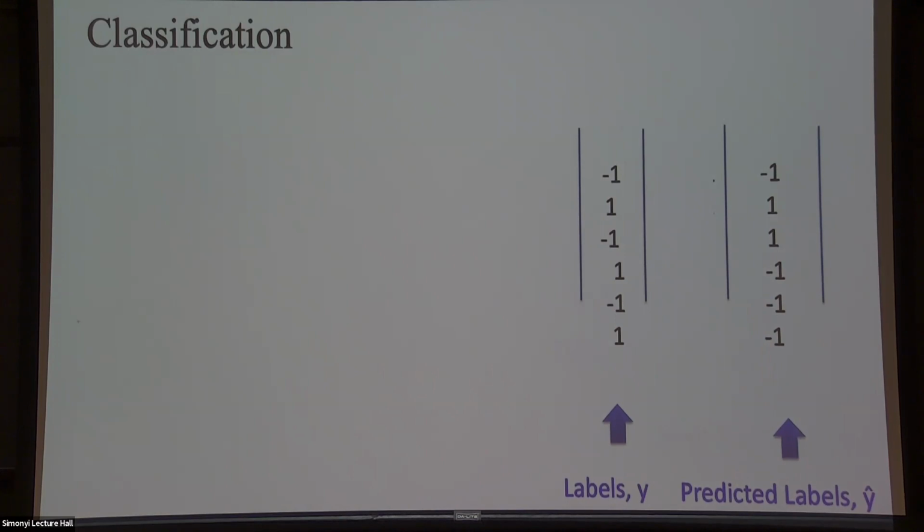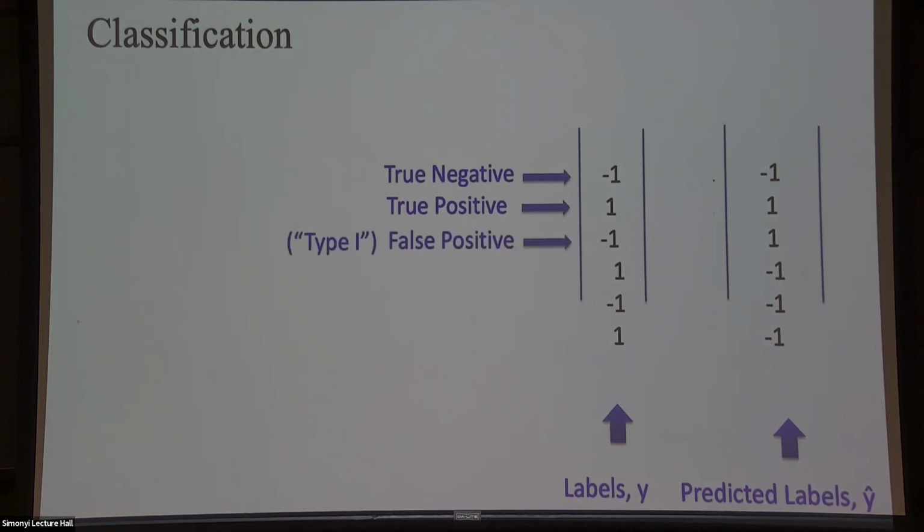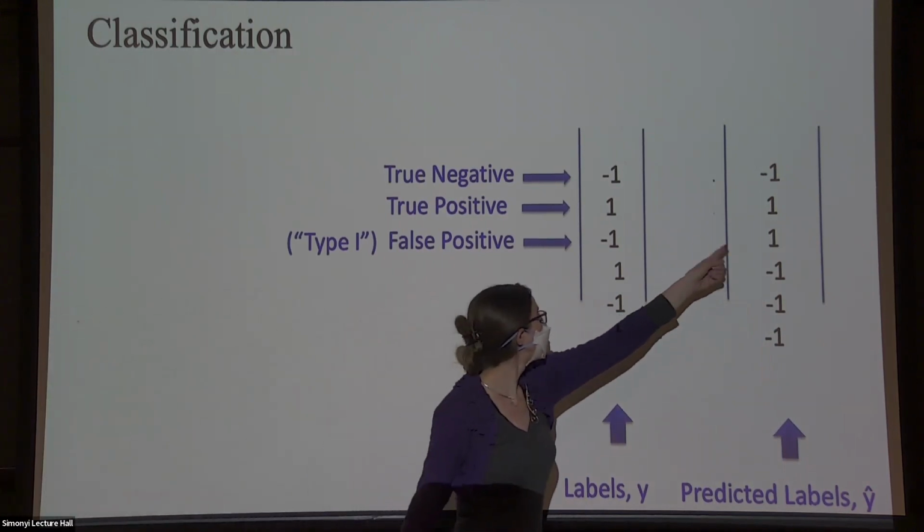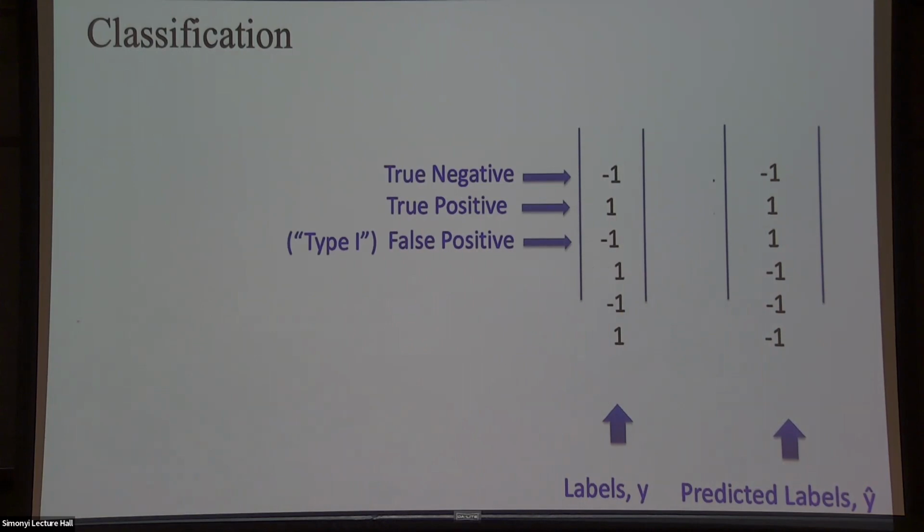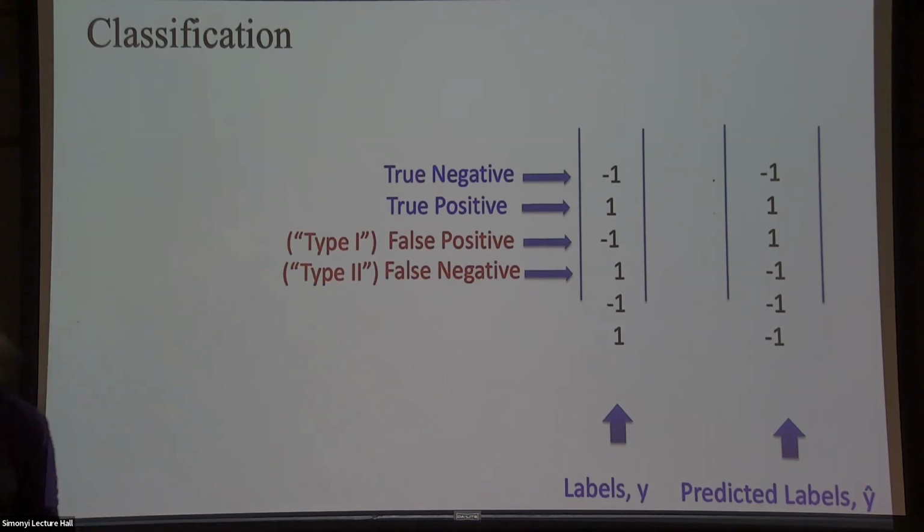And I want to point out that this is what's called a true positive, because you predicted that it was positive and it actually is. This is called a true negative, because you predicted it was negative and it actually was. This is called a false positive, or a type 1 error, because you predicted that it was positive, but it is not. And then this is called a type 2 error, or a false negative, because you predicted it was negative and it actually was not. So what we want to avoid are mistakes. And these are the two types of mistakes we can make with a classifier. Okay, so